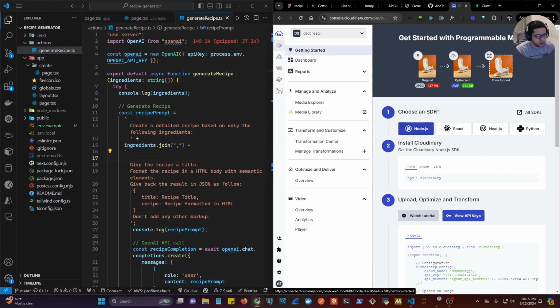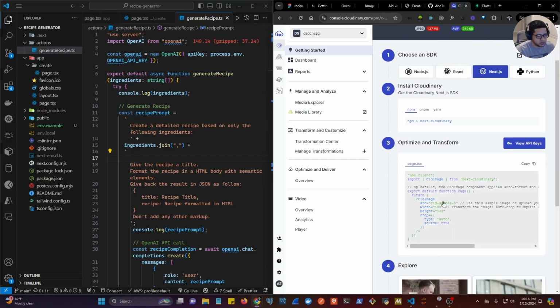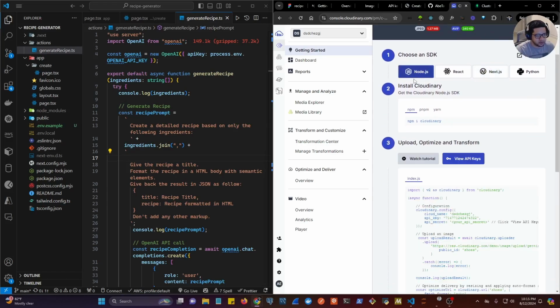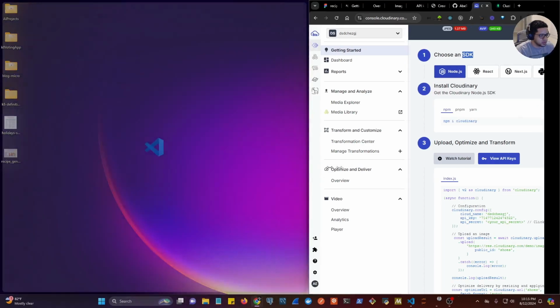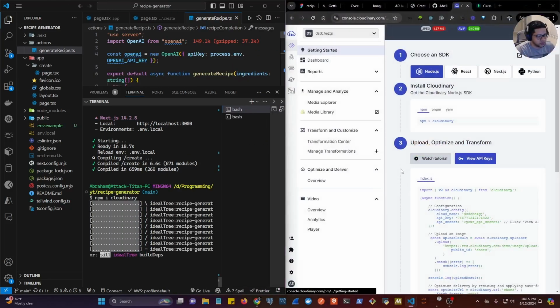There we go. So you can choose the SDK that you want to start with. There's React, Next.js, Python, and Node. We're going to use Node. You can use Next.js, but this is mostly if you're going to render something in the front end. We're basically working with Cloudinary in the back end, so we only need the Node SDK. So we are going to install Cloudinary. We're going to copy this command and we're going to stop our terminal. Control C, paste it in here, hit enter. And while that gets installed, we're going to go and scroll down